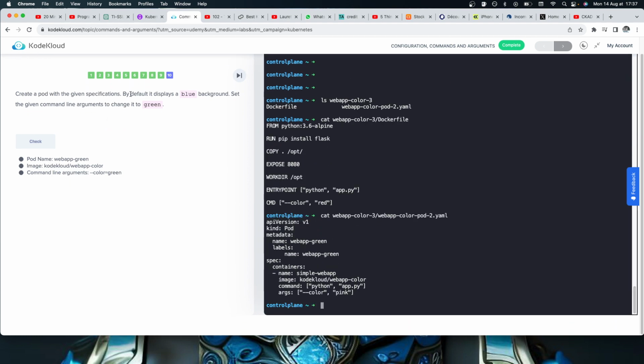Create a pod with the given specifications. By default, it displays a blue background. Set the given command line arguments to change it to green. Now, what does it mean, blue background? Okay, because I can see that it's pink. Anyway,